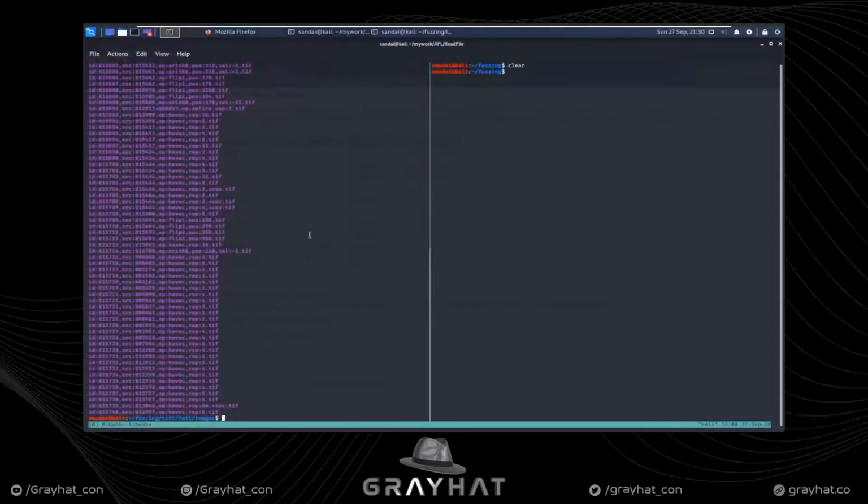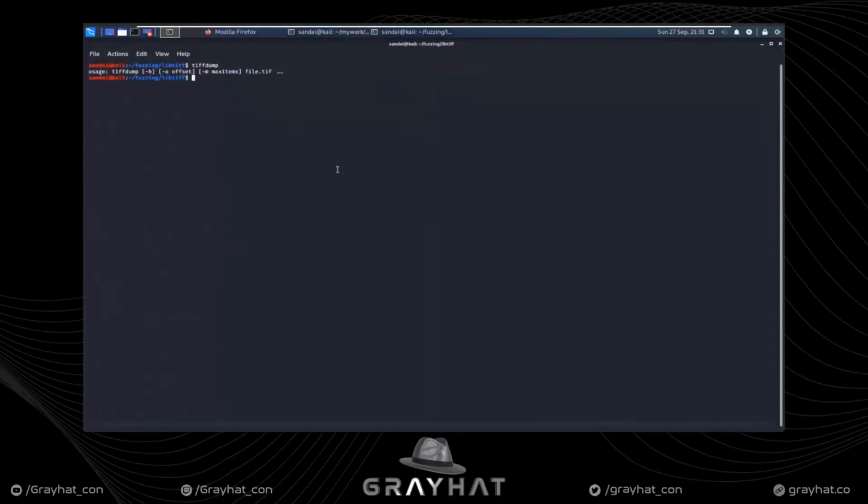So when you unzip it on your system, you will see that it contains a directory named tiff, and which contains another directory full_images. So inside that it has a lot of TIFF files which we will be using to fuzz. First thing we need to do is that we need to minimize the file corpus. So for that we will use afl-cmin. So let's go ahead and use afl-cmin,